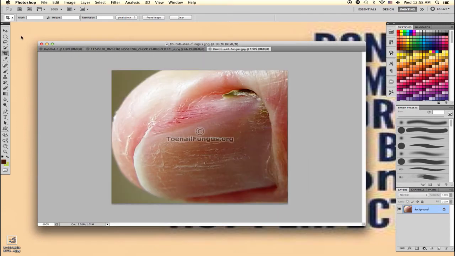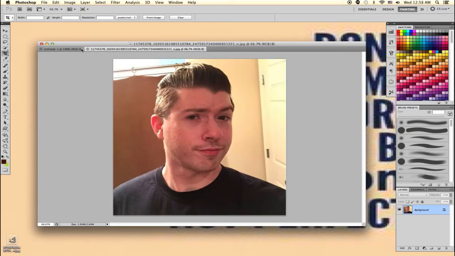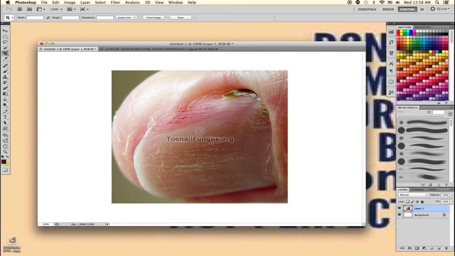Okay, so you want to use Control or Command A to select all of it, and you're gonna copy it, and then you can just get rid of it. We're gonna paste it in here, and that looks pretty good, except you might notice it's facing the wrong direction. So what we're gonna do, we're gonna hit the V key to turn it, and we're gonna